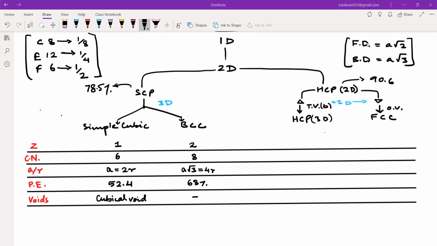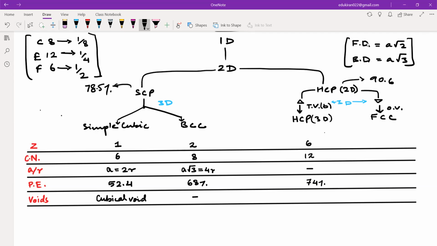Now for HCP, hexagonal close packing in 3D, what is the Z that we learned just today? It is 6. Yeah. And the coordination number is 12. So we don't have to put the relationship between A and R, right? Because we'll have A, B, and C. Packing efficiency is 74%. And void is